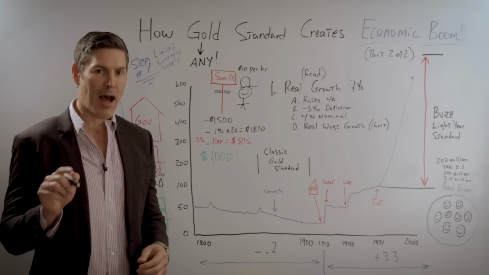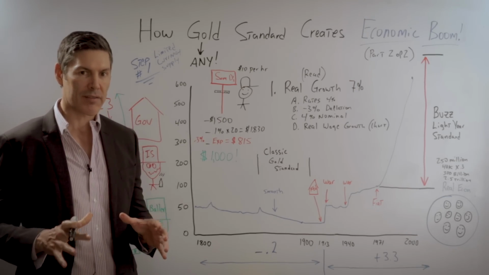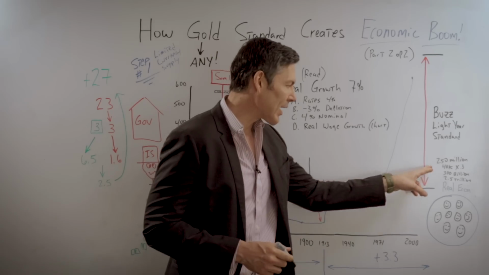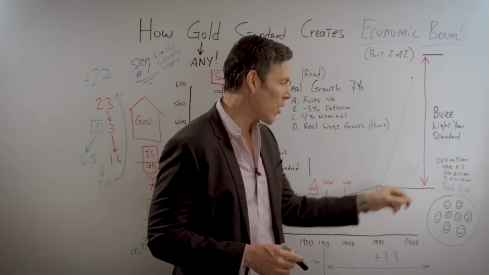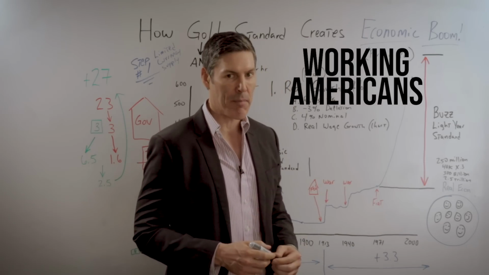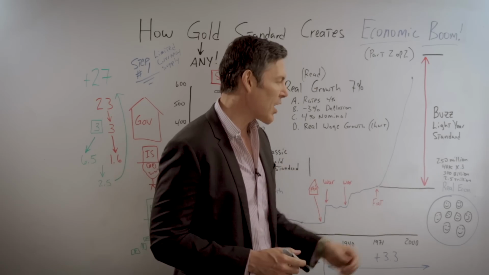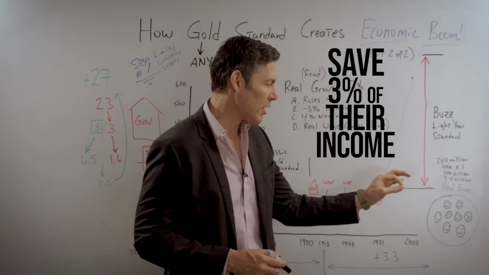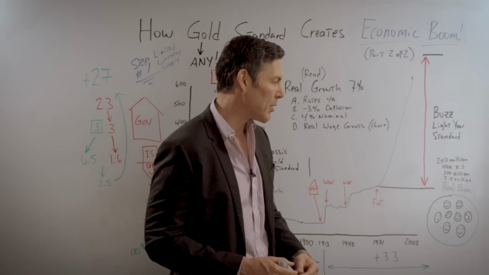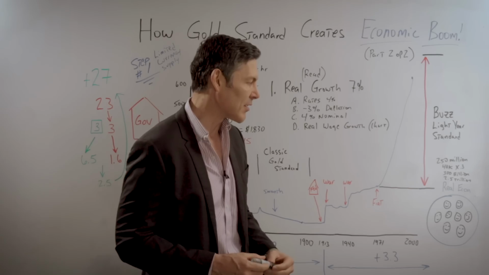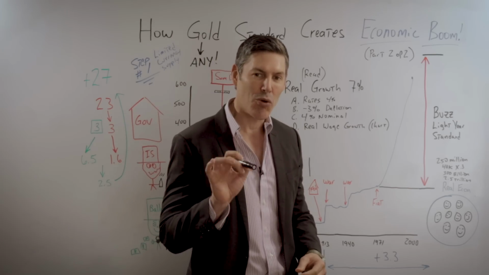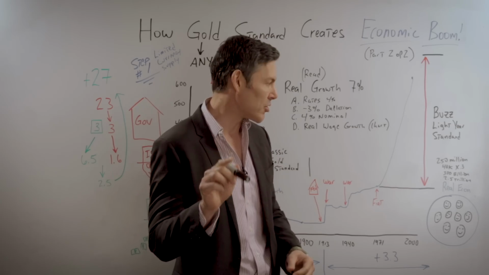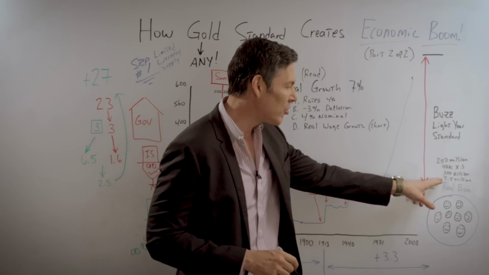But it doesn't stop there. Obviously, Americans as a whole would be able to save a lot more money. Just the back of the napkin math, say we've got 250 million working Americans at $40,000 per year. If they're able to save 3% of their income, that's $300 billion a year in savings. If that just went up to 20 or 25%, which is still lower than Japan, we'd be able to save